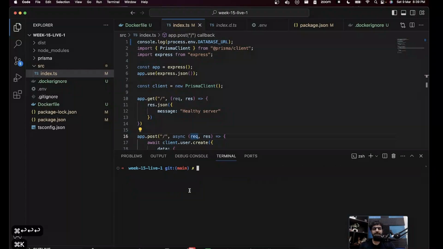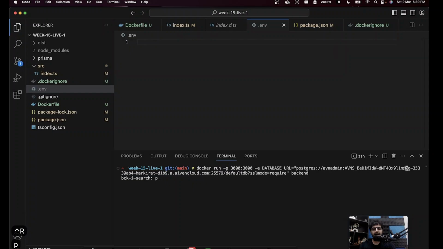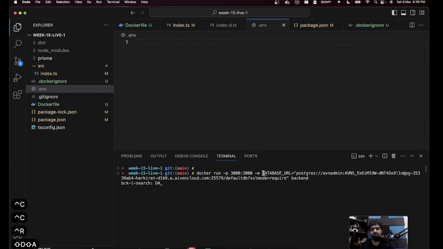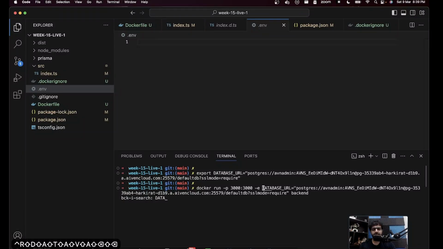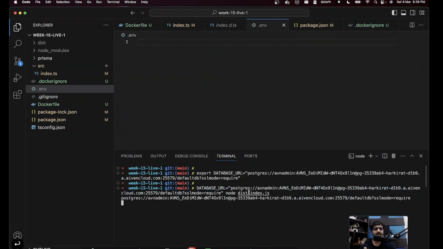And now what I was saying was, even though my .env file is empty, if I start node index.js, and while I'm starting it, I inject this variable, it will still work.